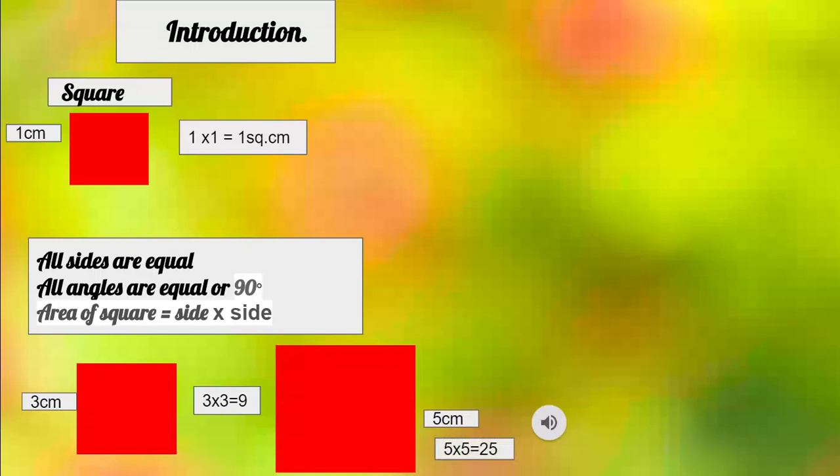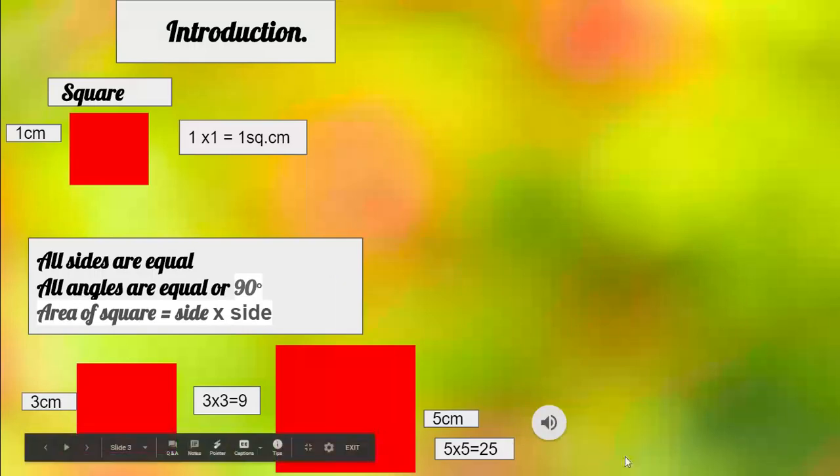This is how we read it. And this can also be read as 1 to the power 2. So when we say 1 to the power 2, that means 1 is multiplied by 1, that is, 2 times there is 1 which is getting multiplied. 3 into 3 can be written as 3 square, which is 3 to the power 2.